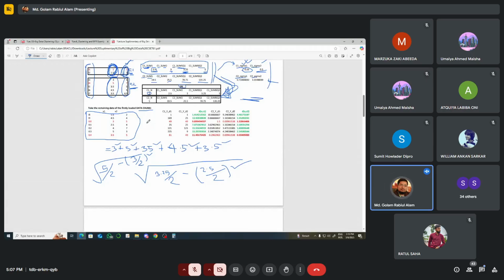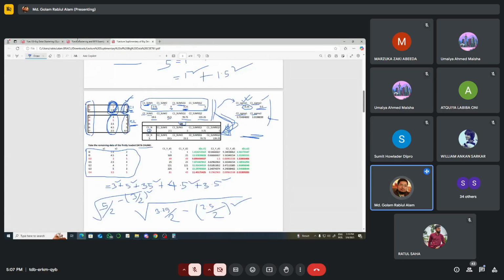Now what we have to do, for each and every one of the rest of the data points, say if we consider I8. In I8, we have two variables. These are the variable values, 1.5 and 2. So if we consider this as our data point, that is P,